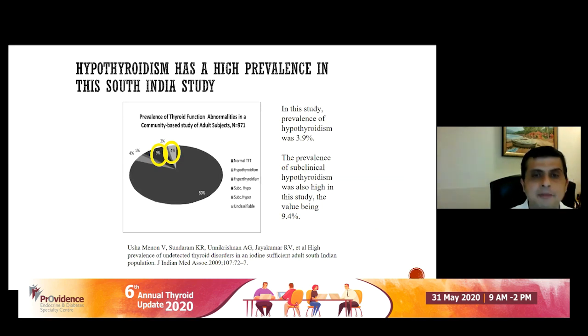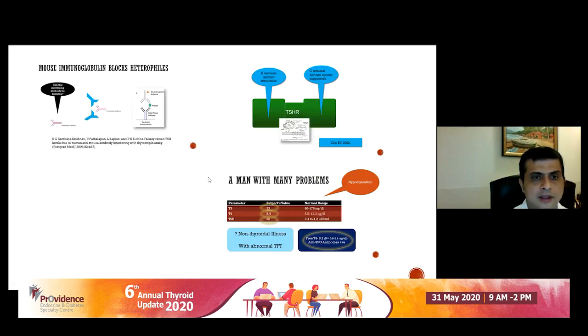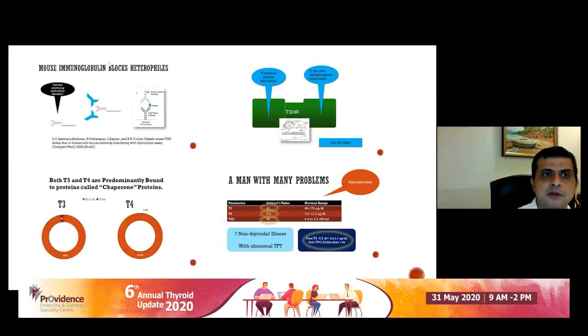I've tried to show you some of these patterns and I'll summarize it. In my cases, I showed you first how if the TSH doesn't come down, you could look for heterophile antibodies, which are seen in Graves' disease. I also showed a case where thyroiditis caused a low TSH, but concomitant oral contraceptive therapy caused a high T4. So look for that possibility. In my third case, I discussed how TSH receptor antibody changed its nature, with TSH receptor antibody positive in the pregnant mother causing thyrotoxicosis, and TSH receptor antibody positive but of the blocking variety in the baby causing hypothyroidism in